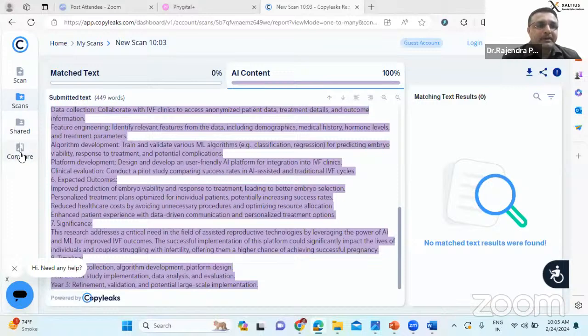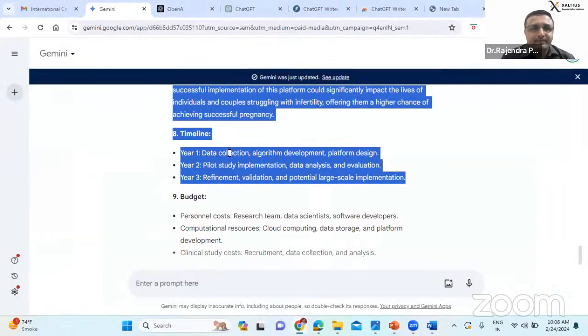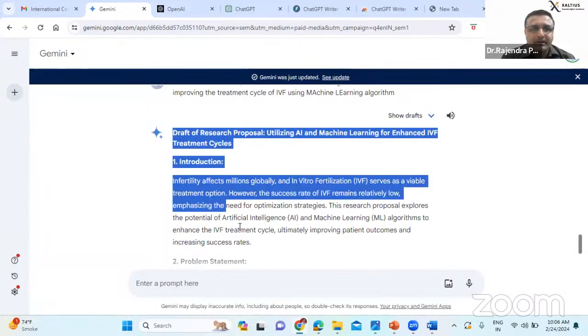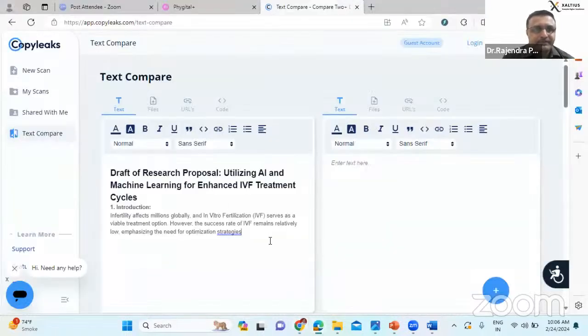You can compare, if you want to compare two texts, text compare. You put the content. Now here, I'll just copy this again, that infertility and all. I'll be comparing this, and here I'm typing: IVF is the assisted reproductive technology used for infertility related treatment.